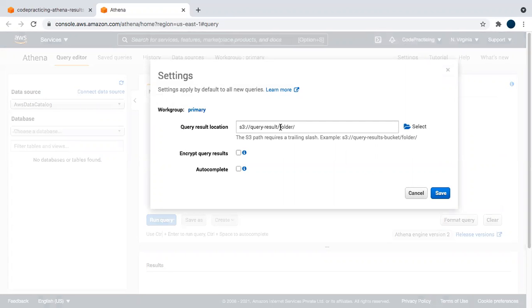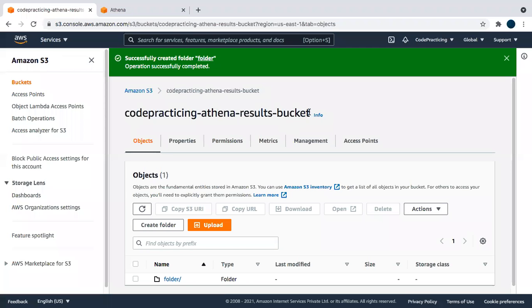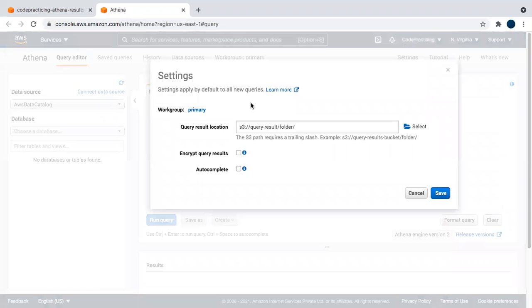Here we'll provide our S3 location. This is the bucket name where you want to save your executed query results: code practicing Athena result bucket under folder, and that we will save in folder. We have the option to encrypt query results.